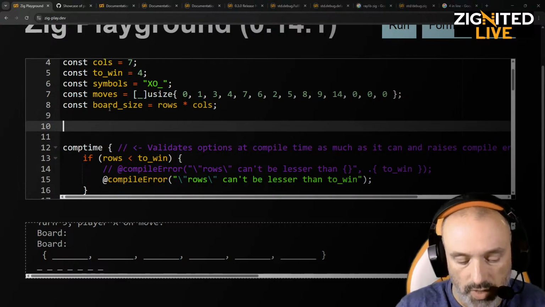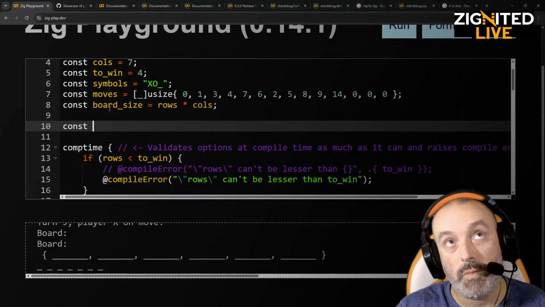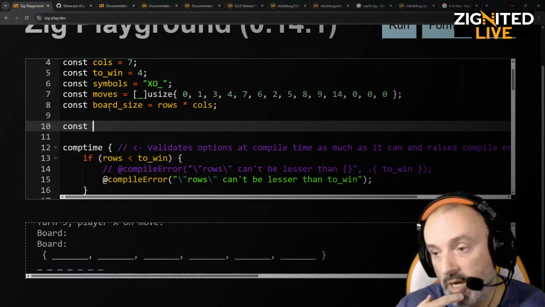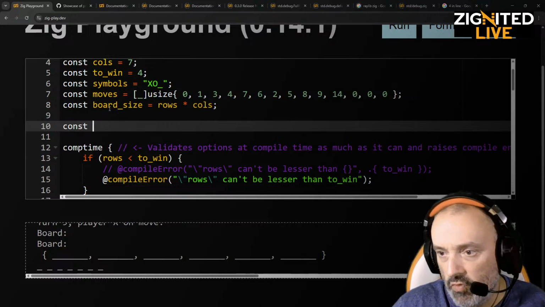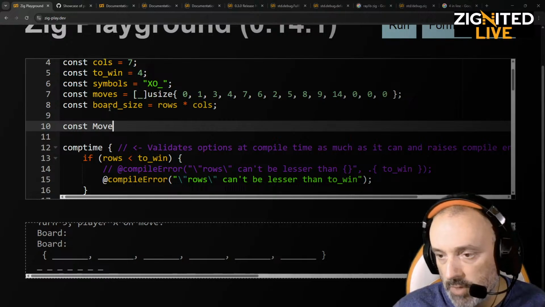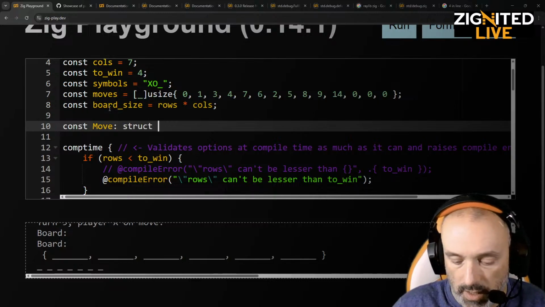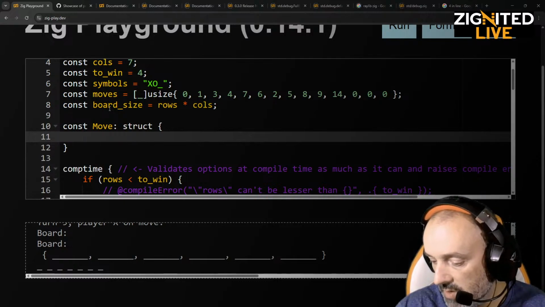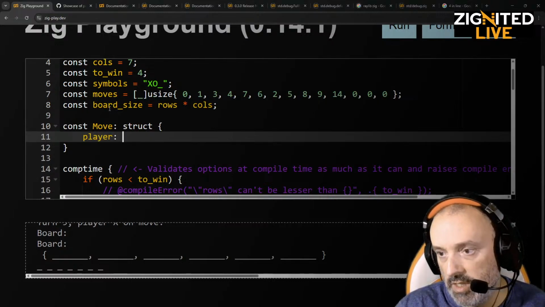So let's first create a struct. So I can make it a constant. So I will call it, so it will be a history event, or how can I call it? History. Let's just call it a move. It doesn't have to have the name history. So it will be a struct, and then let me see, it will have what I said that I want to have. So first of all, I set the player. So this is the first thing, and this can be,